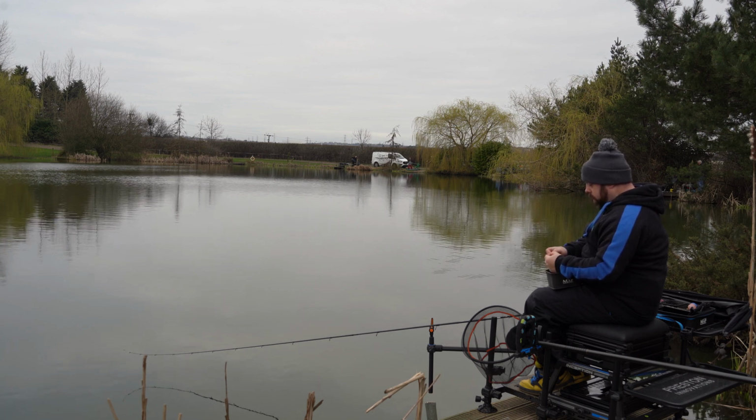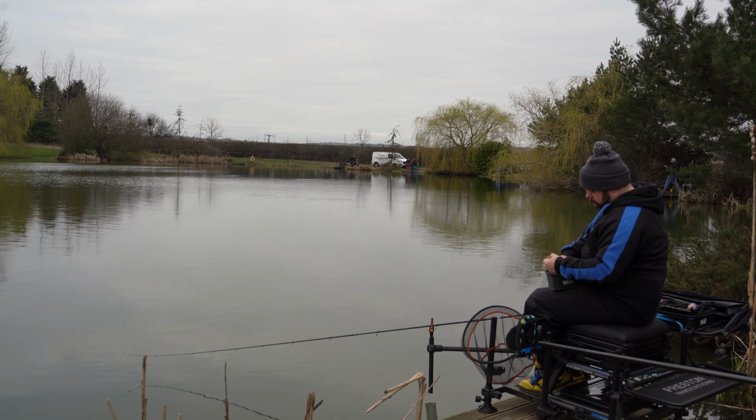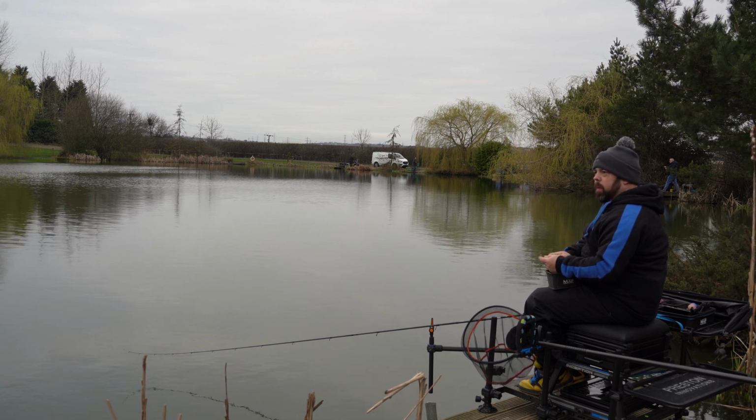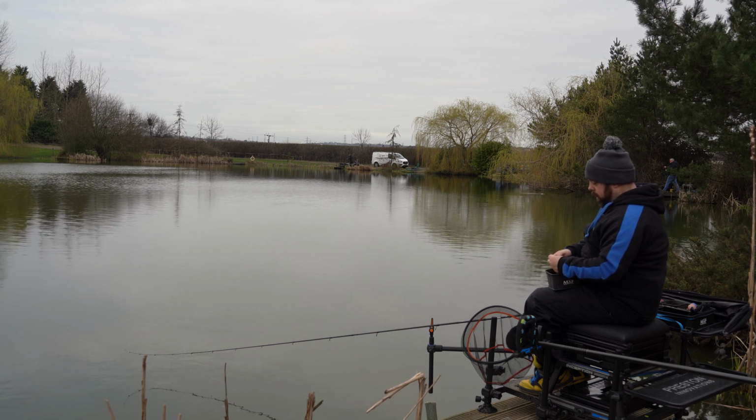Now I like a red and a white, so that's what I'm going to go with. A red and a white today. That's the mix I've got. I do like a red and a white anyway. And now I hook one through the head and one through the tail. Now I do this, I think it looks natural in the water. I think it moves nice in the water, and it's just the way I like to do it. So I pull the cap off and slide that over,